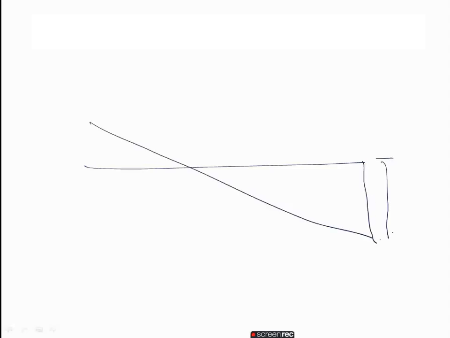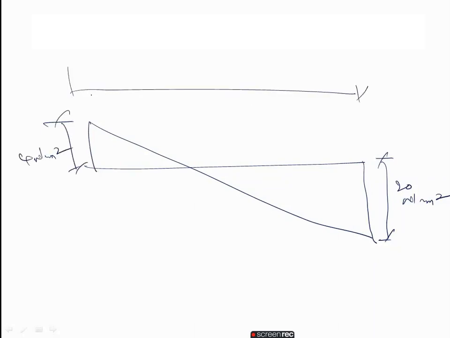So how will we plot this? It is like this. This one is the sigma max, 20 Newton per mm square, and this is the sigma minimum, 4 Newton per mm square. This is the total width of the column, 200 mm. So like this you have to solve the problem. These are very easy problems. Now we will solve one more problem, which is a very important problem, so maybe you will get it in the examination also.